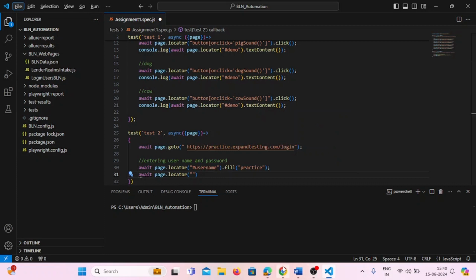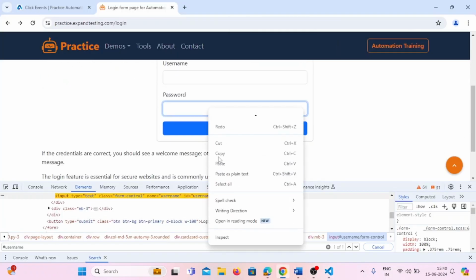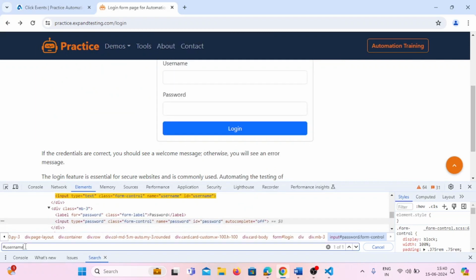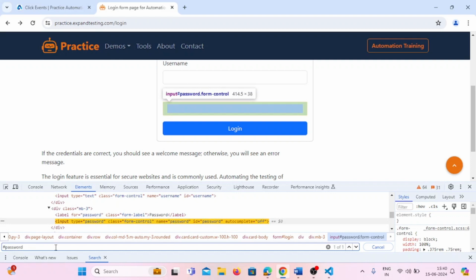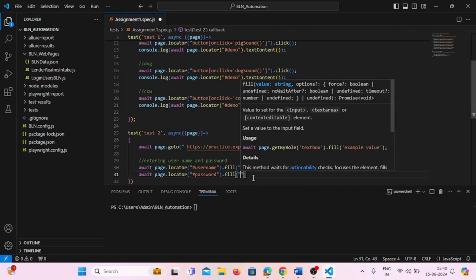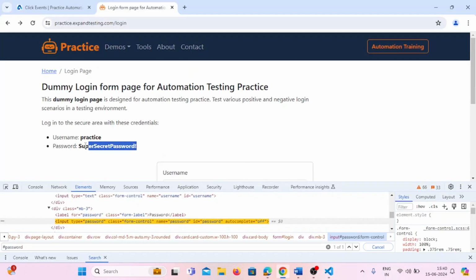We need to find the locator for this password, right? Inspect, and there is an ID. We can replace here. Same thing, use it. Hash password fill, and what was the password they gave to us? We need to write this,